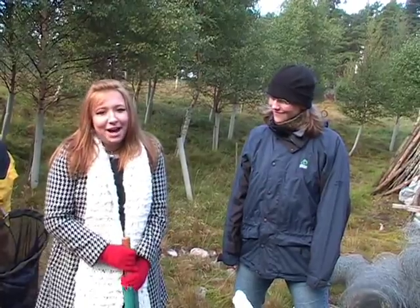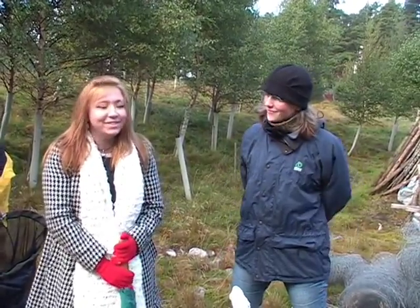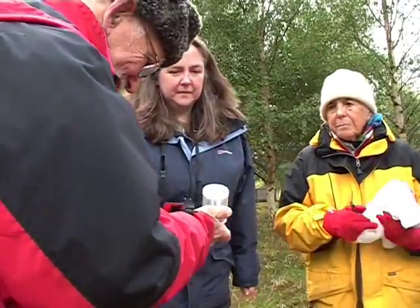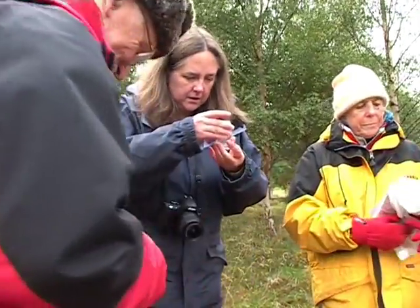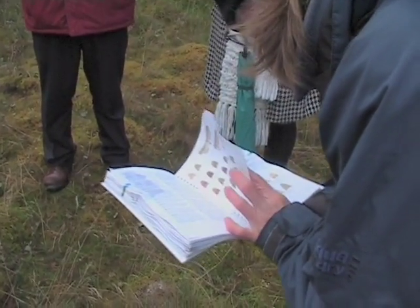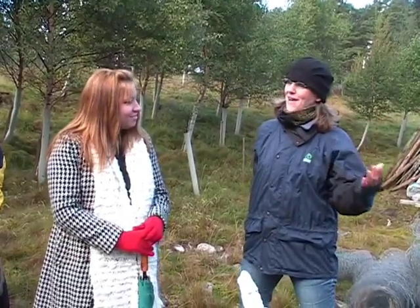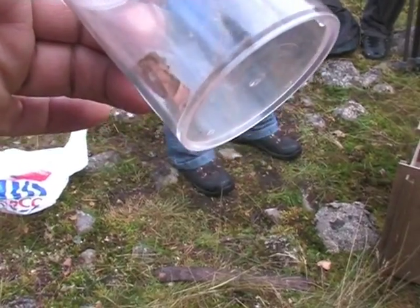We've just opened the trap and we've not been very successful. Do you know why that is? Well, it was a cold night, and it was raining, and I think moths are a bit like people. They don't like to come out when it's very cold. So had it been a bit warmer and a bit milder, then